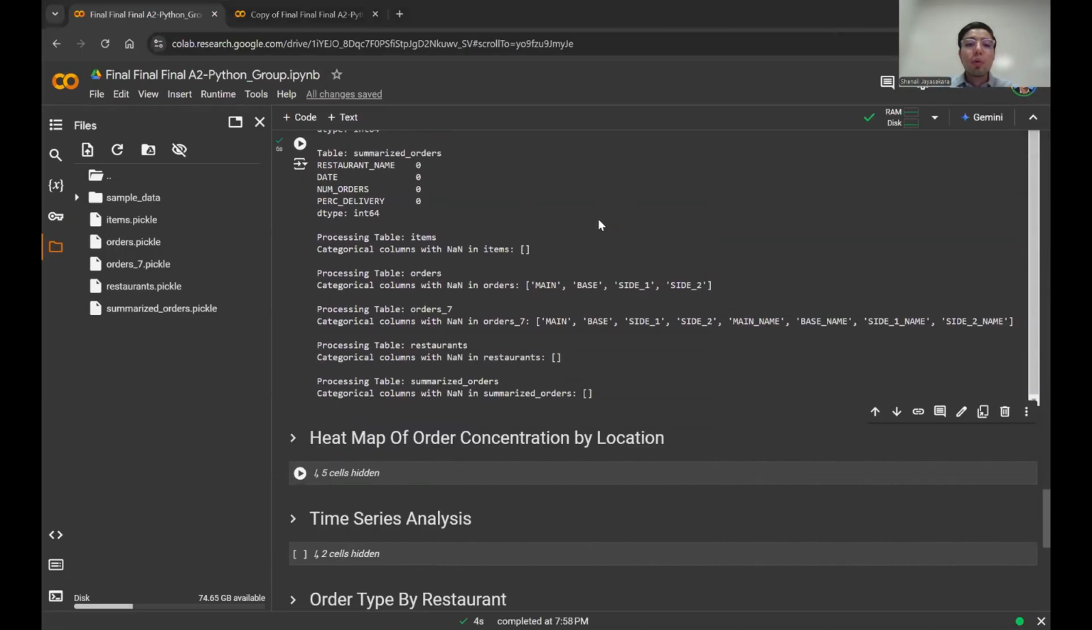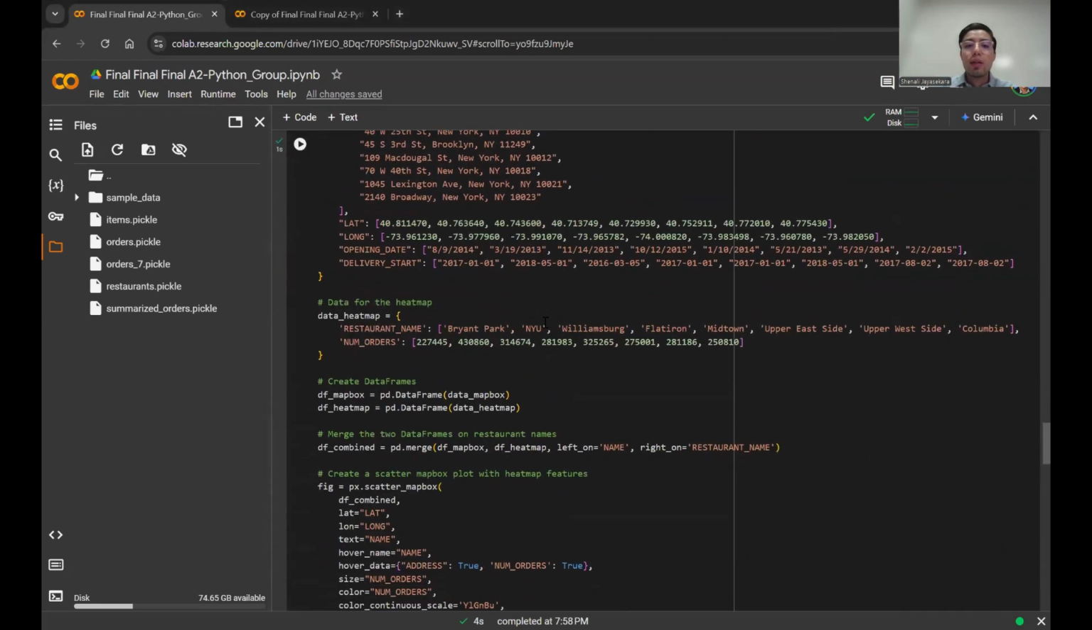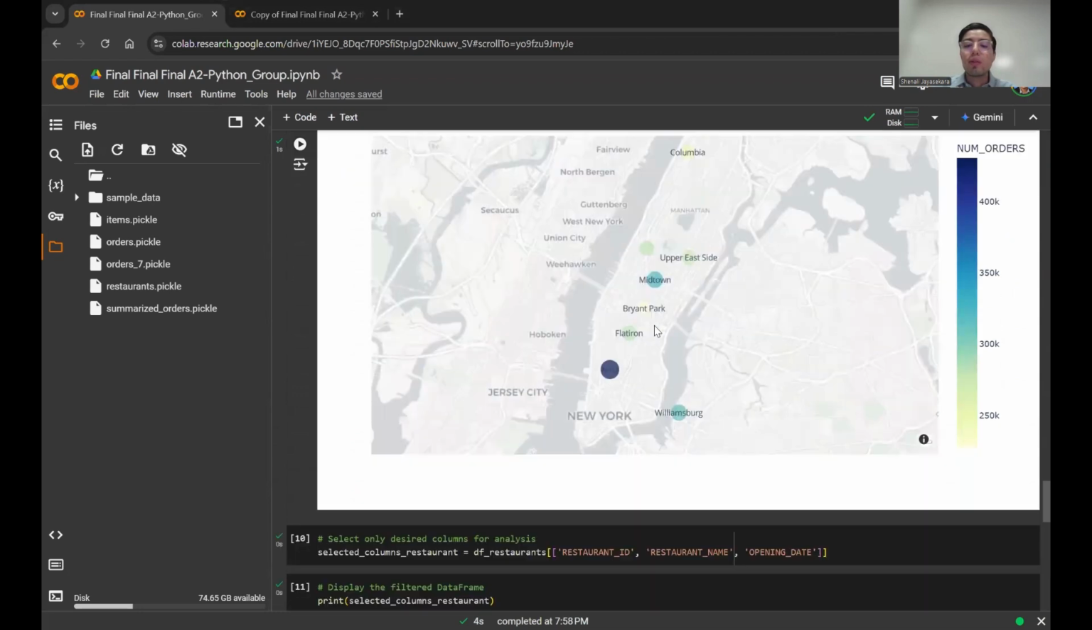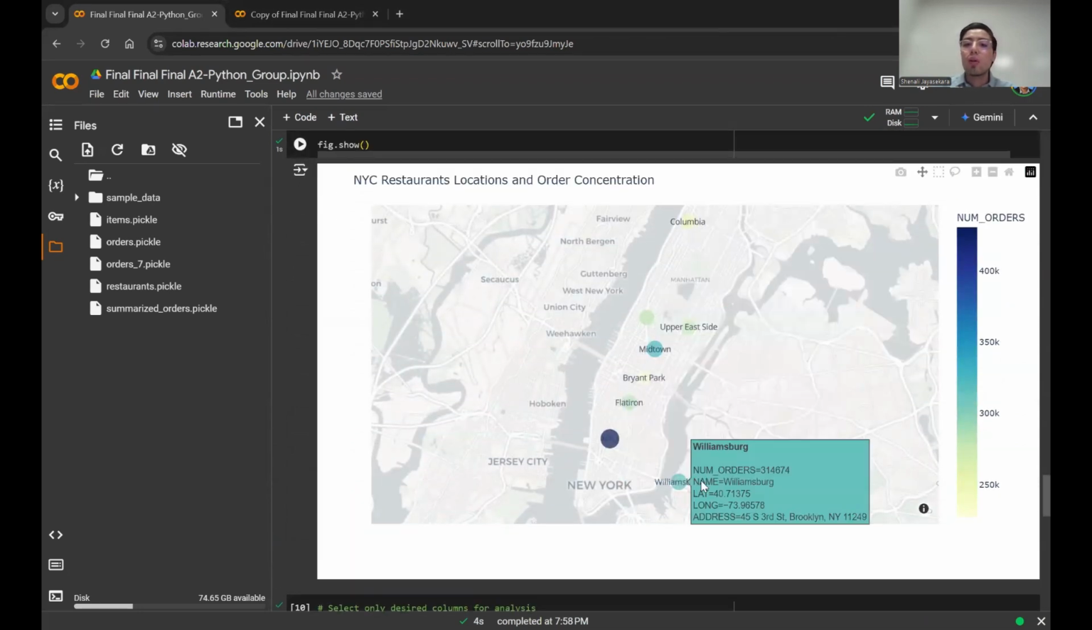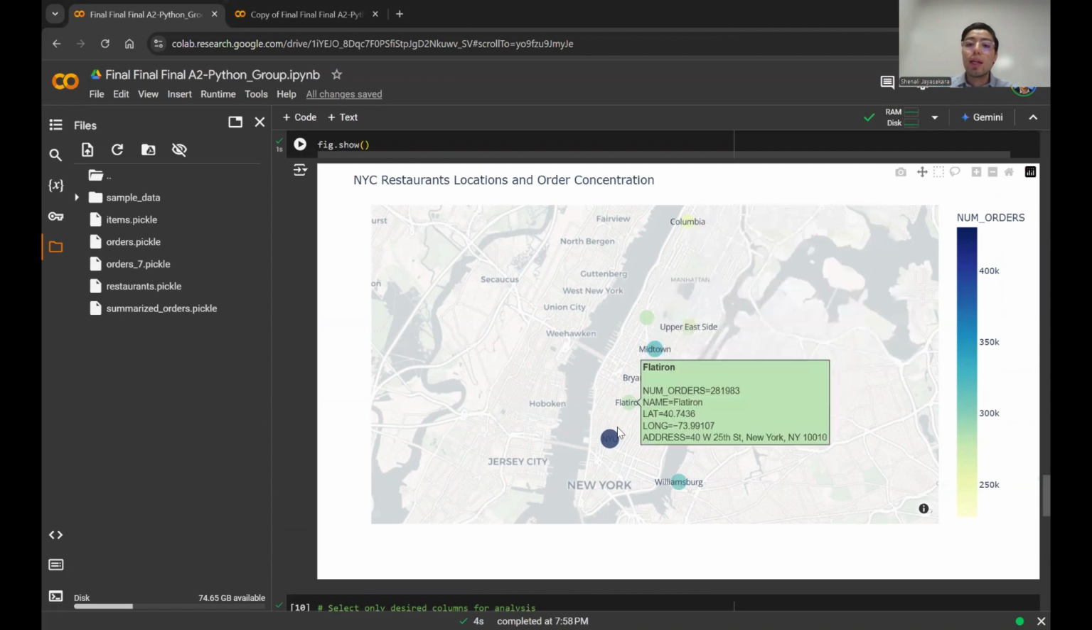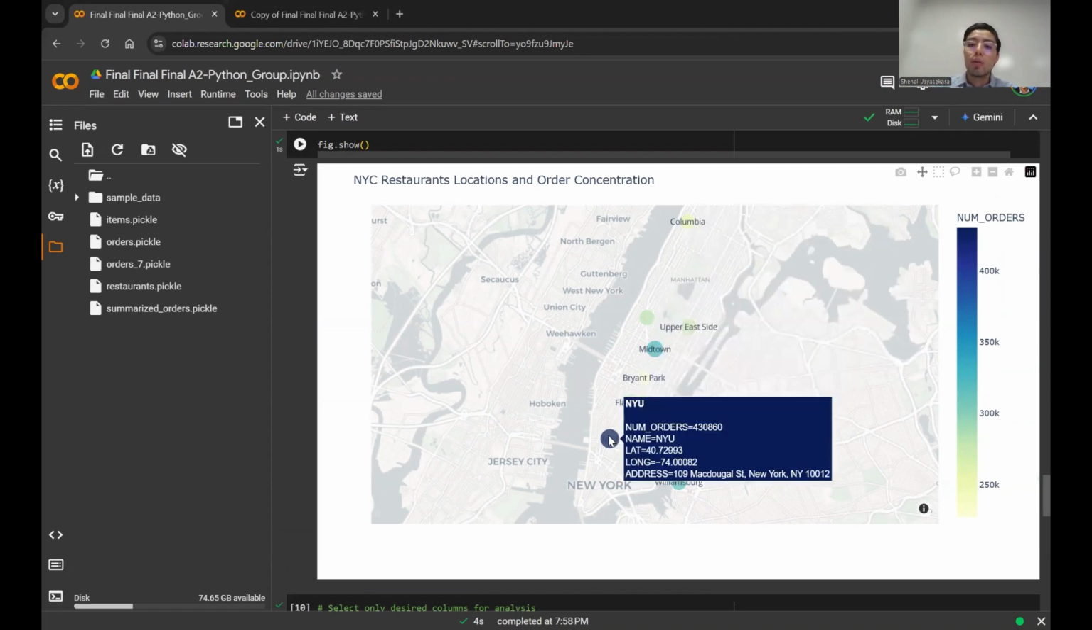All right, now moving into the heat map of order concentration by location section. This is the code we used, and the reason why we did it is because we wanted to show visually the locations of each of the 8 restaurants and also their count of orders or their concentration of orders. And this allowed us to see that NYU is actually the best performing restaurant in terms of order concentration, with a number of orders of